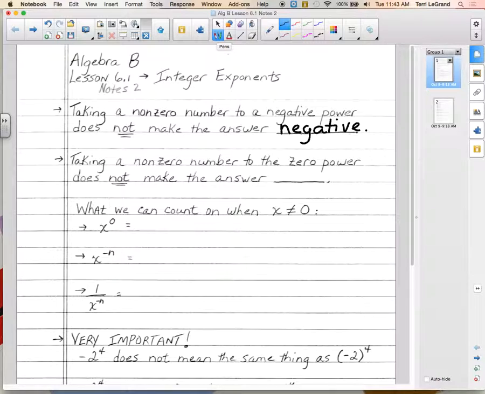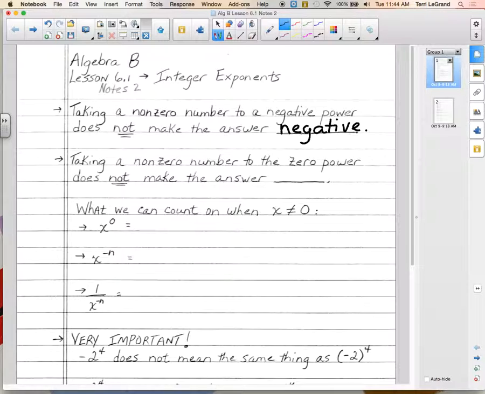Taking a non-zero number, and that means we're talking about all positive numbers. When you're taking a positive number to a negative power, it does not mean you're going to get a negative answer. Taking a non-zero number to the zero power does not make the answer